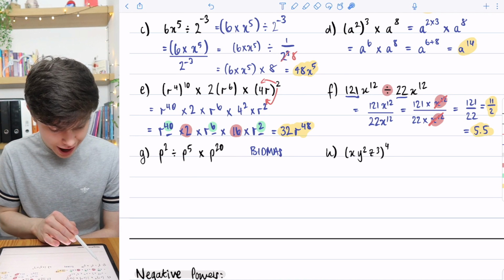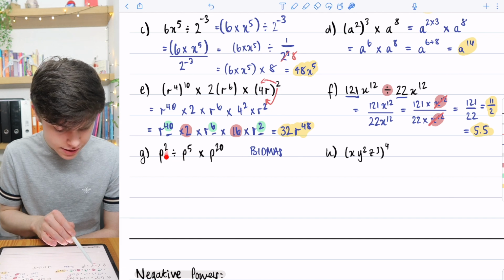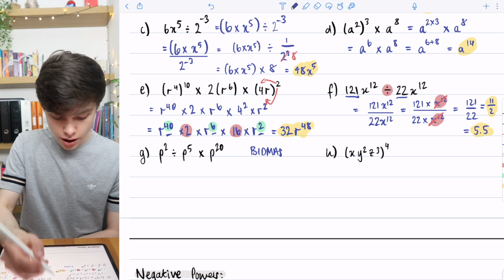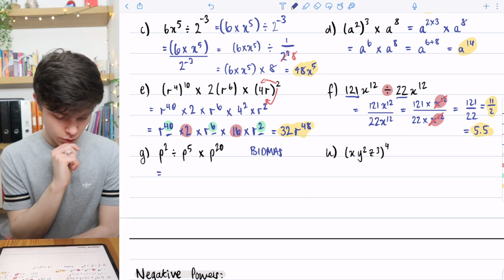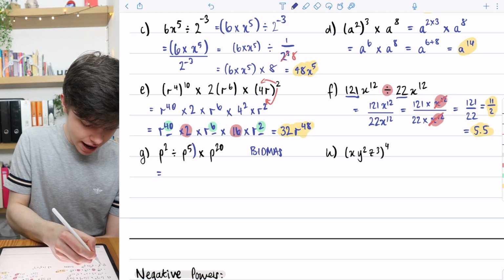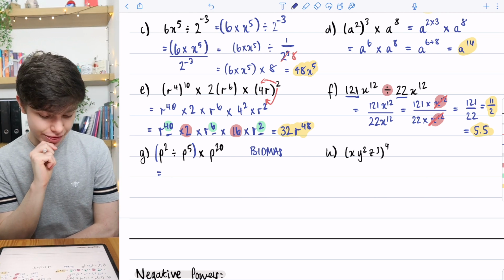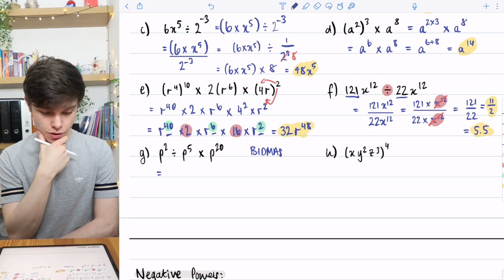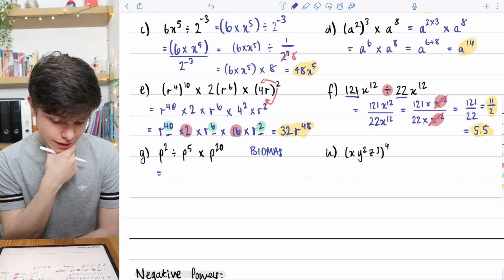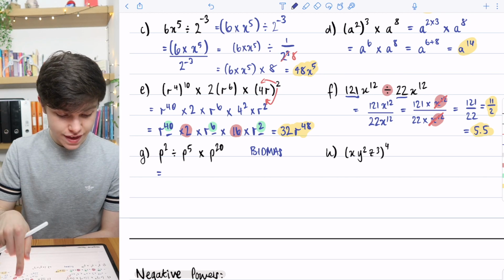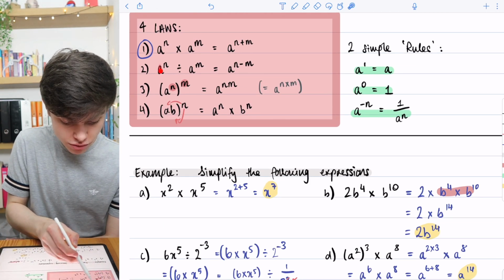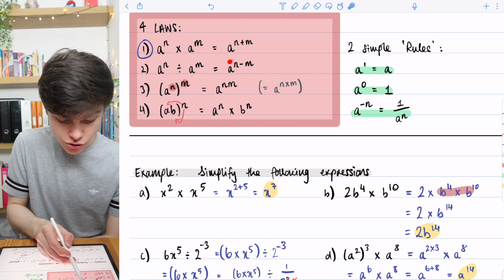So the first thing that I can see here is that we've got a division. So I'm going to do that division first. When we do that division, well, I'm thinking if I maybe put brackets round that bit, that's the bit that we're going to do first. I'm going to take those brackets off because it wasn't the original question. But let's think. What we're doing is we're doing the second rule here. We're dividing two things that have the same base, so we can just